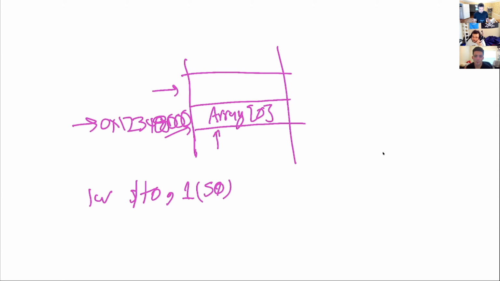So if we do that, this will think that you want to load the word starting from here, which is totally incorrect, right? We don't want to do that, right? Because our array 1 is located here and it starts from here, okay? This is how memory works